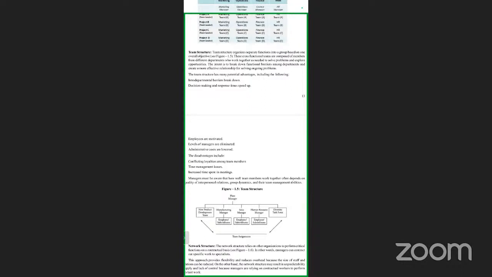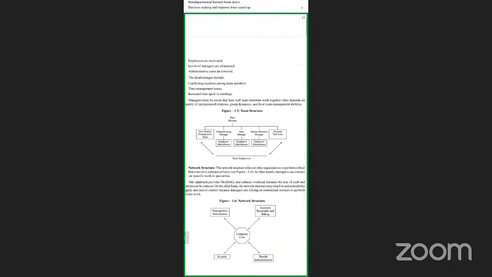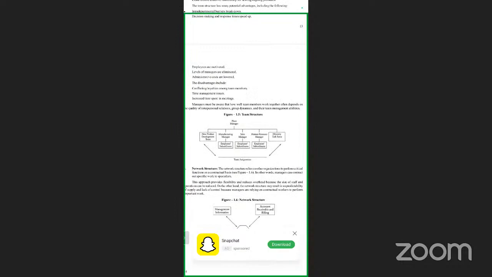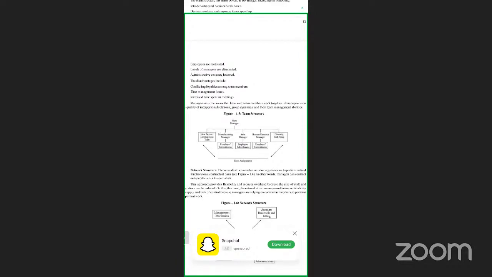Despite all these advantages, again, we have certain limitations as well here. And these limitations are conflicts which arise between team members, time management issues, and increased time spent in meetings. Sudden meetings are called for, and then the meetings are held even after the working hours, which is not so acceptable to the members working. So the team structure again is projected in a